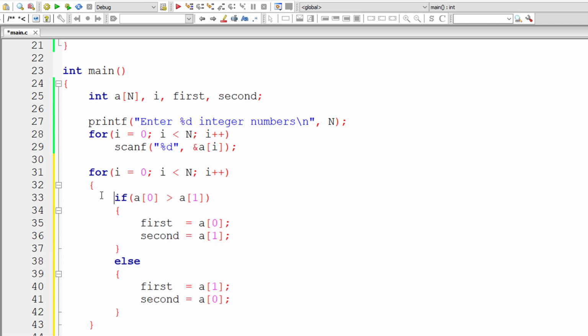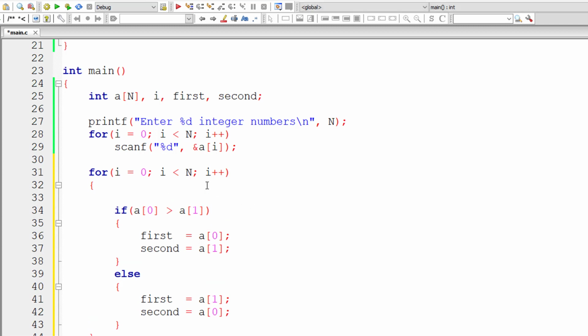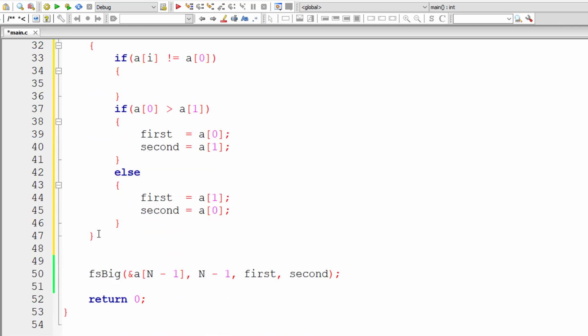Oh, we need to have another condition before this if else to check the value present inside a of I is not equal to 0. We are assuming that the user might enter multiple same values. So we will check if a of I is not equal to a of 0,